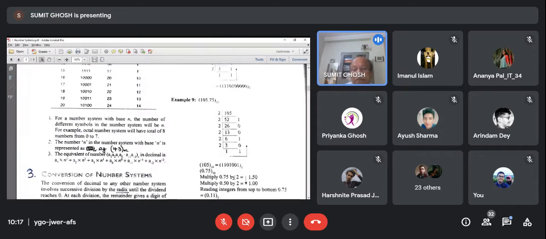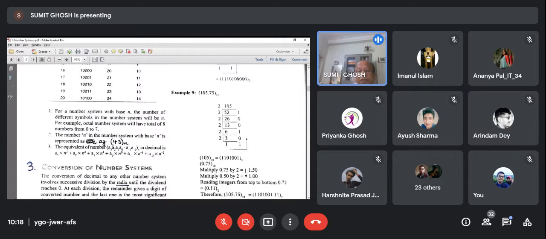You multiply 0.75 by 2, so you get 1.5. You keep the 1, and the remainder part you again multiply by 2. So you get the remainder part as 1, and then you get 0. So here the representation is from top to bottom. You must be clear: after the decimal part, when you convert, you start from the top and go to the bottom. Not like here, where it is just the reverse, from bottom to top. So it is now